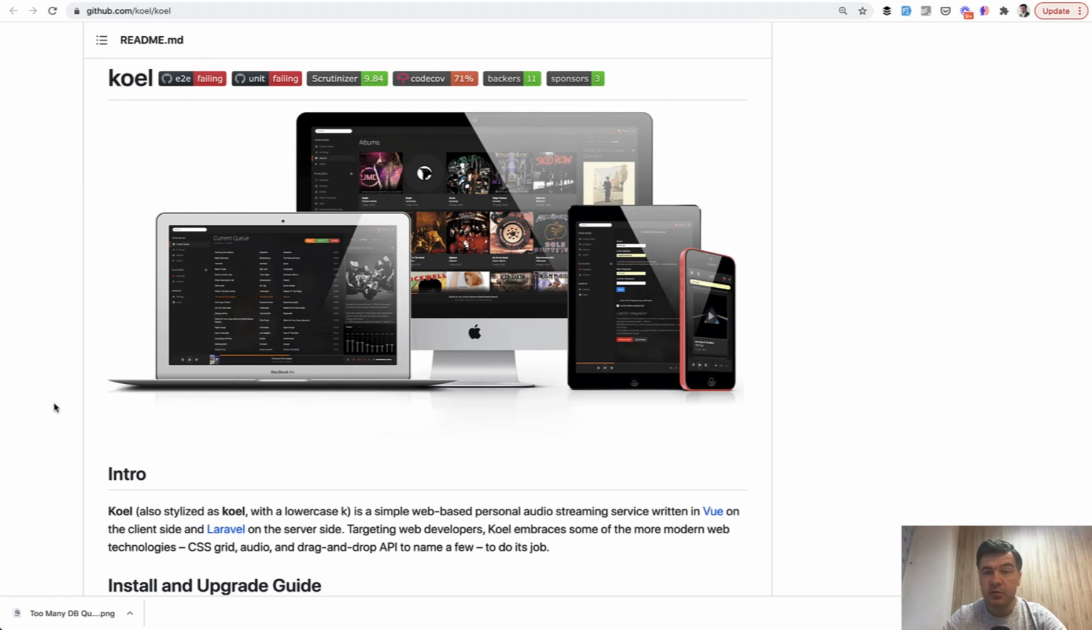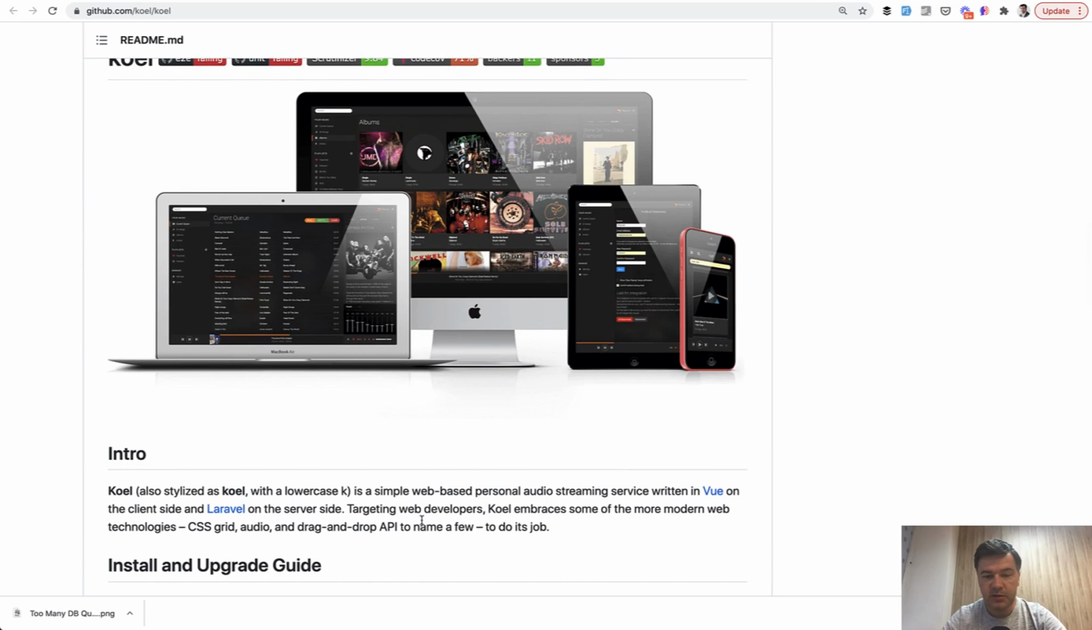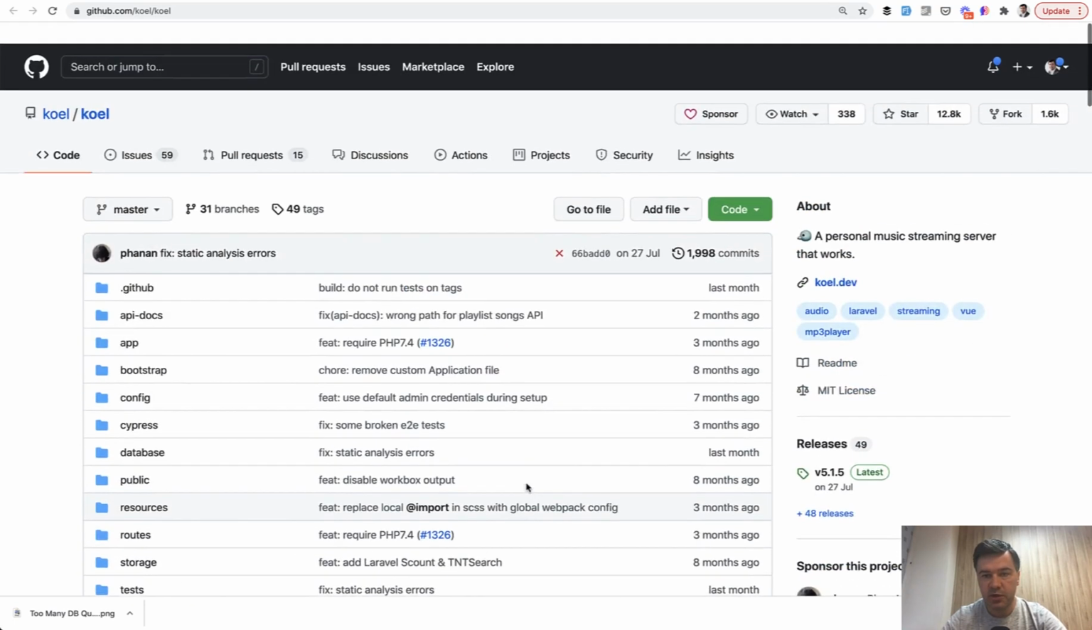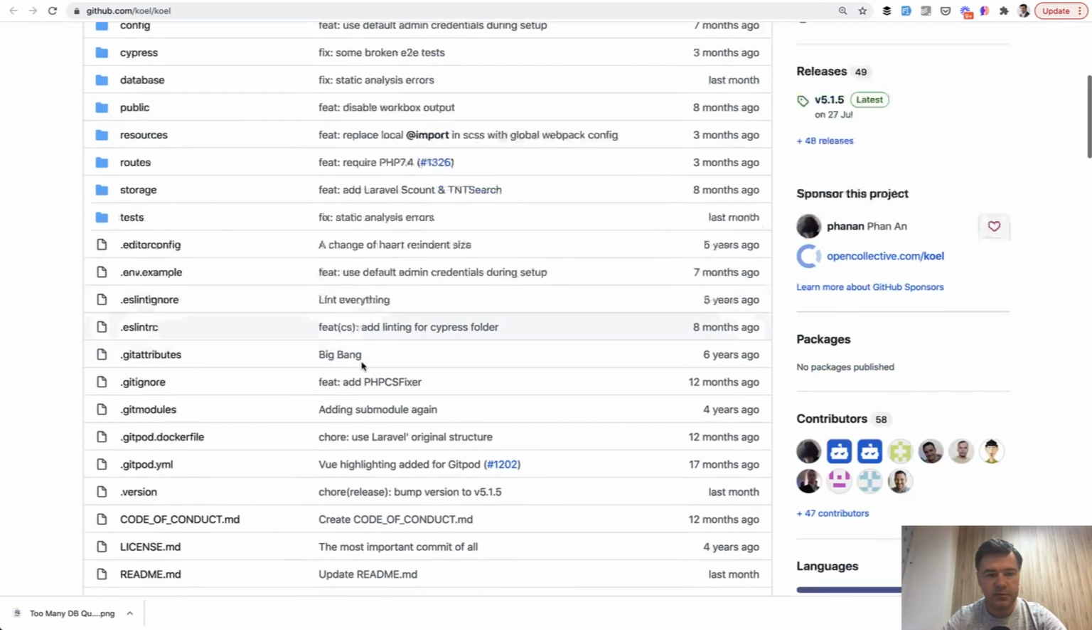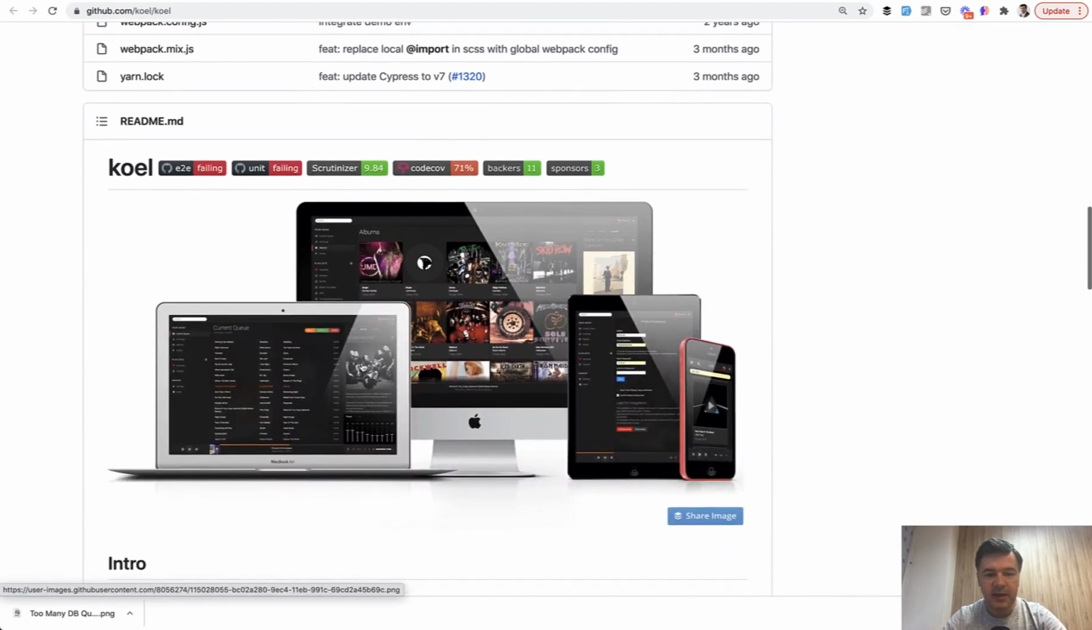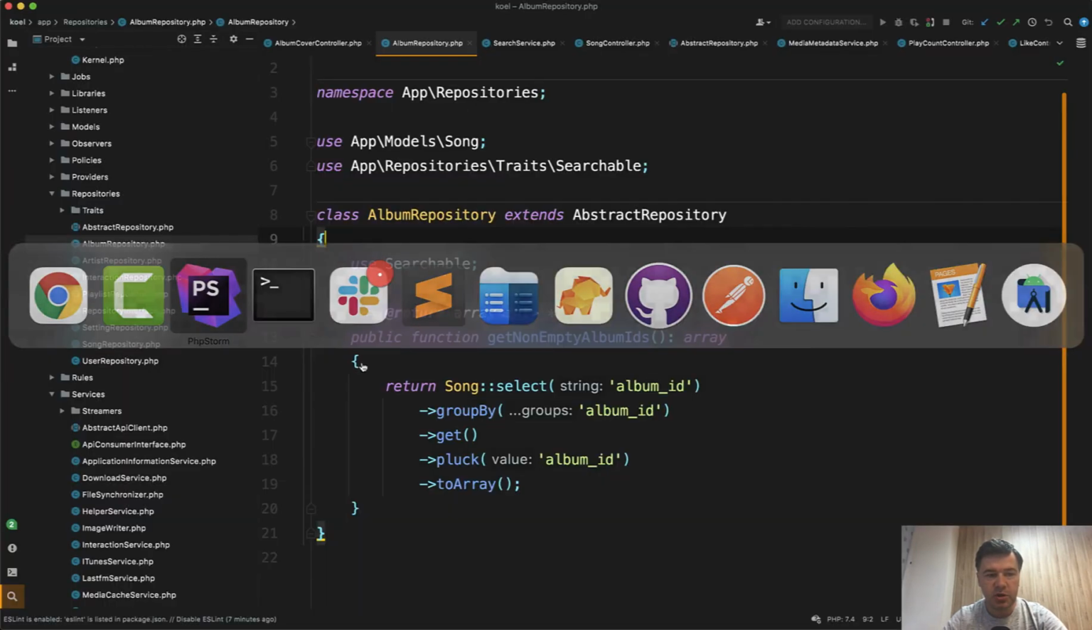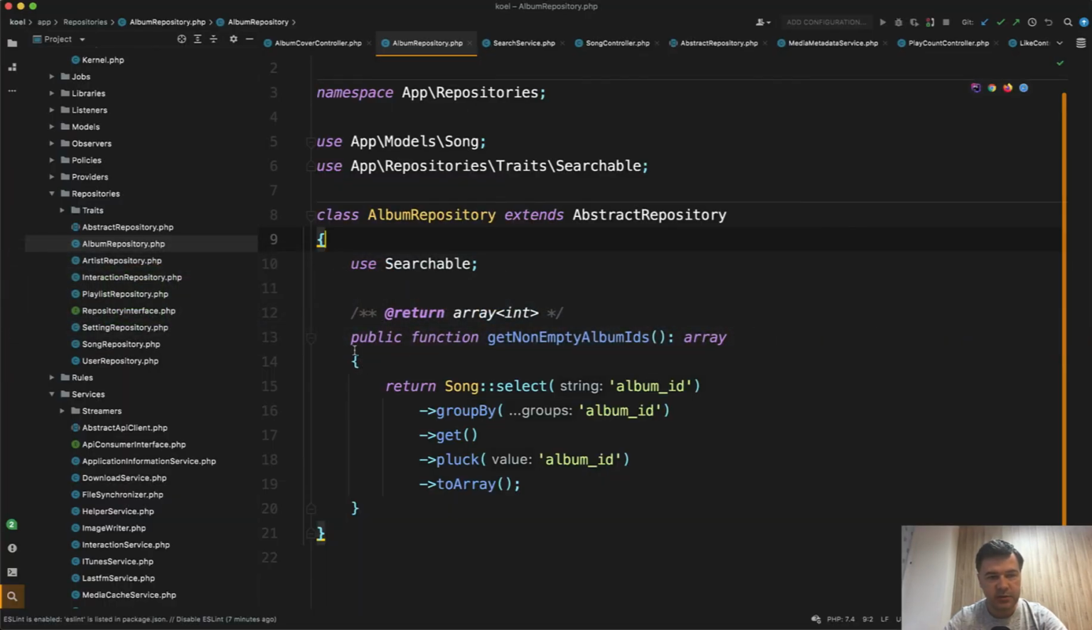Now let's take a look at SOLID principles in Koel, an open source music streaming service repository in Laravel and Vue.js, really popular with 12,000 stars on GitHub. Inside, I want to show you the structure of services and repositories. For some of you it may sound like overkill and over-engineering, but it's such a beautiful separation of